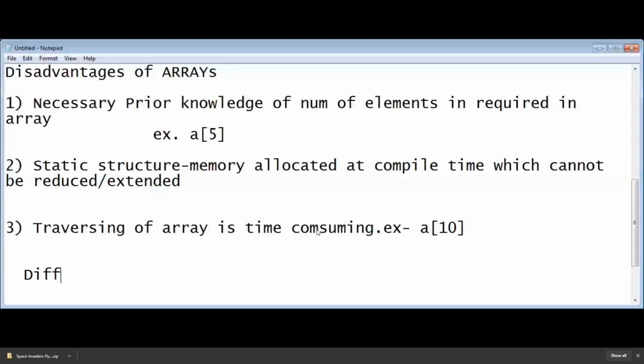Whenever we complete the linked list part, you will come to know what a linked list is, but for now we are focusing up to array. So note it down, the difference, or if you have any doubt from today's lecture, just tell me.